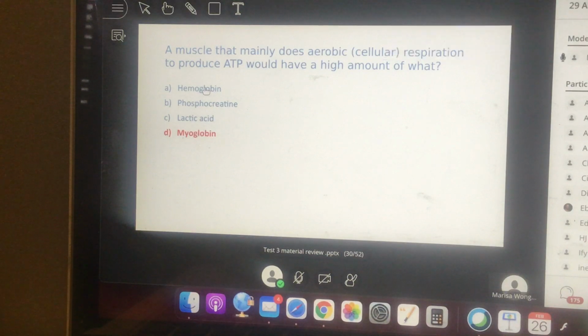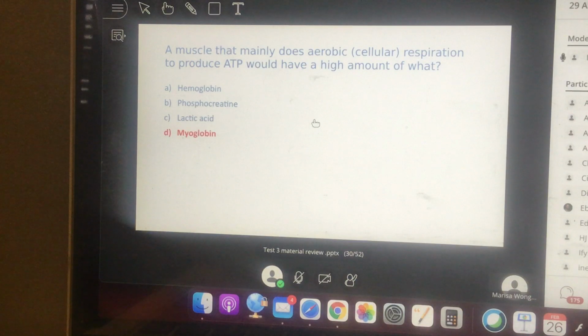Hemoglobin is the one that carries oxygen to the muscle in the blood. It's in the bloodstream, carries it to the muscle, and then once that blood vessel passes through the muscle, the myoglobin that's inside the muscle is going to take the oxygen and hold on to it until it